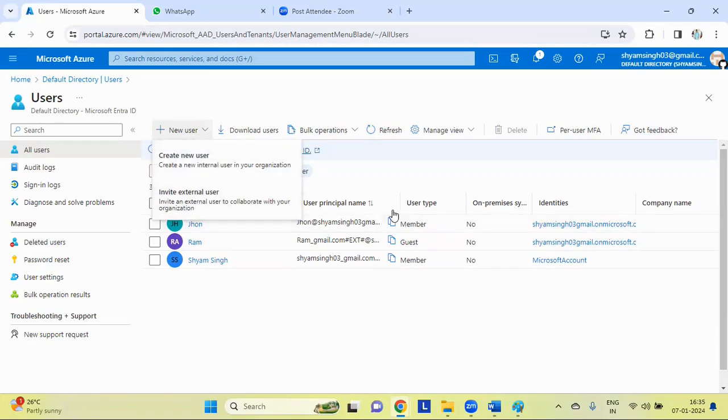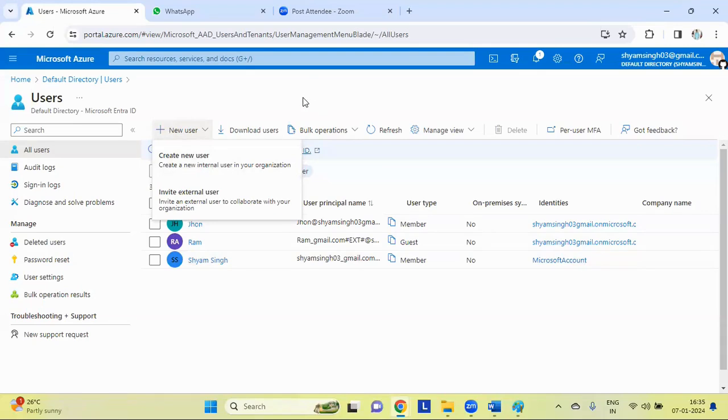Member means internal users, the persons who are working in your organization, and a guest is either maybe your client or maybe from outside the organization. That is the reason an email address is required. Clear guys?